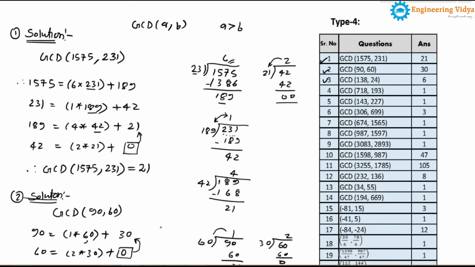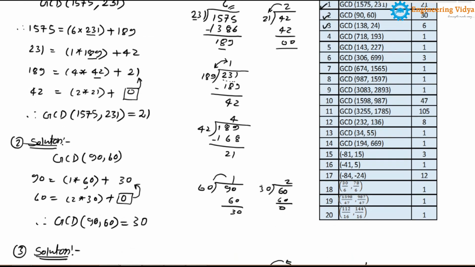So we have solved sum number 1, sum number 2, sum number 3, and sum number 4 also has been solved. In a similar way you have to solve sum number 5, 6, 7, 8, 9, 10, 11, 12, 13, 14. Here all the problems are the same, and we'll come to the next lecture, where we're going to solve sum number 15 to 20. Thank you.